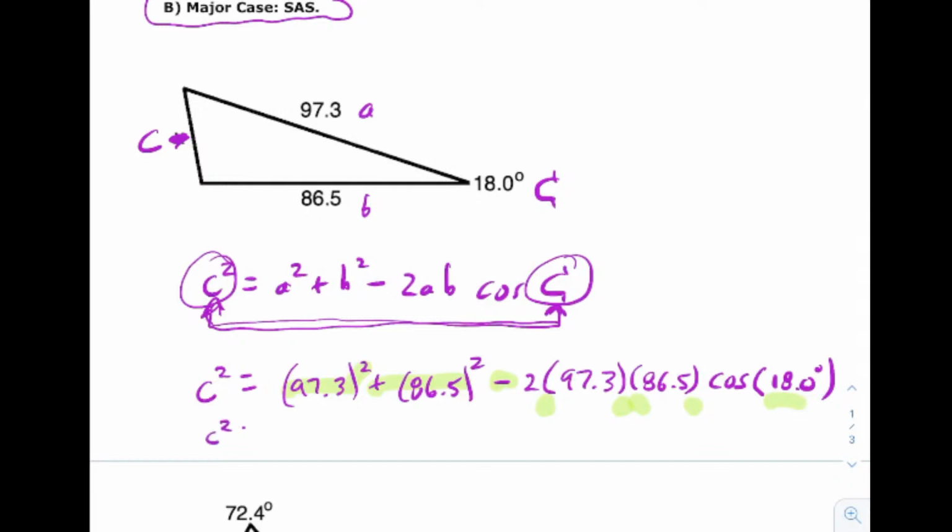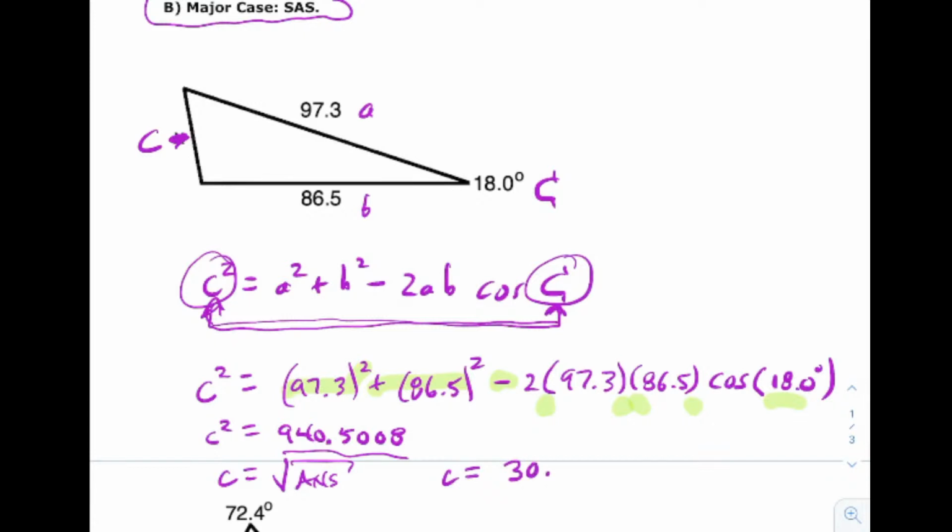C squared is equal to roughly 940.5008. I rounded that off a little bit. What you want to do in practice is, you don't necessarily want to write this down. What you want to do is leave it on your calculator so that now C is going to be the square root of, you hit the answer key, right? Because the answer key gives you all the decimals you need. And by the way, what your calculator shows you for decimals, sometimes that's not the whole thing. Sometimes it has more in the background. But anyway, C is the square root of that. So I hit the square root of answer, and I'm getting